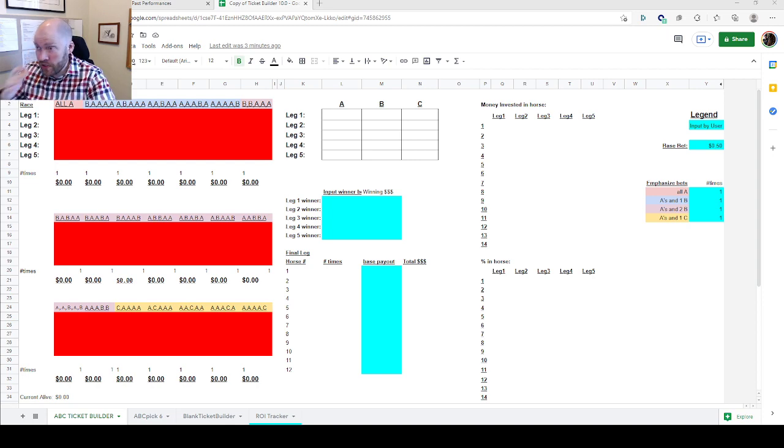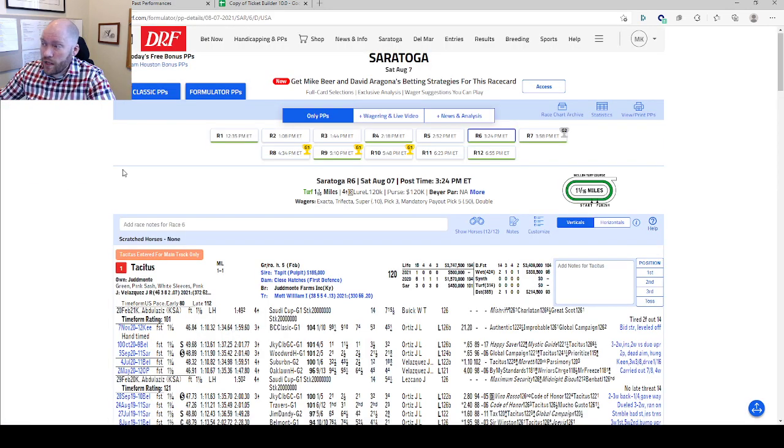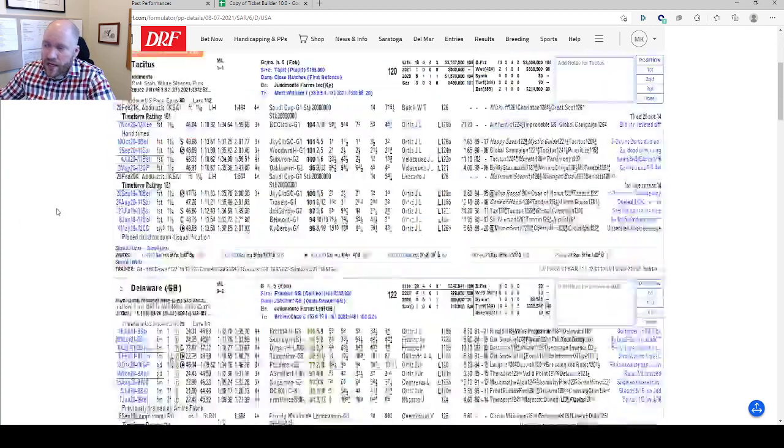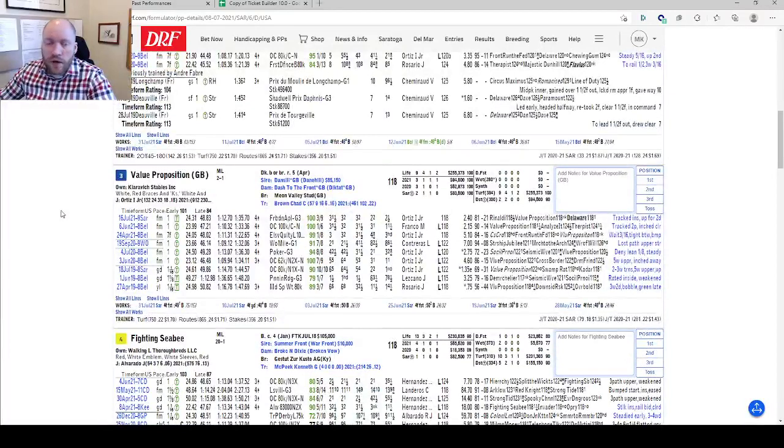So we're going to talk through the sequence. We're going to start with race 6, which is the Lure Stakes. And if you watched last night, I think we all kind of said Value Proposition is your most likely winner in here. And I guess before I get too far into the weeds here, first off, my philosophy is I would much rather hit a pick 6 than have an outsized score.